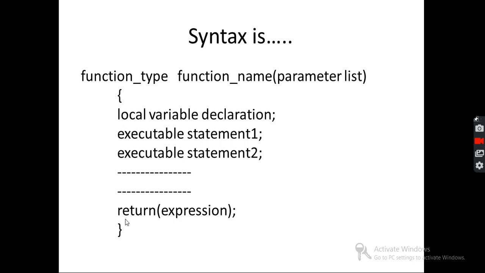Finally, we use the return keyword if we need, followed by the value to be returned; we pass that variable as the argument of return. Then at the end we have to close the curly brace properly. This is called the subprogramming of a function in the C programming.